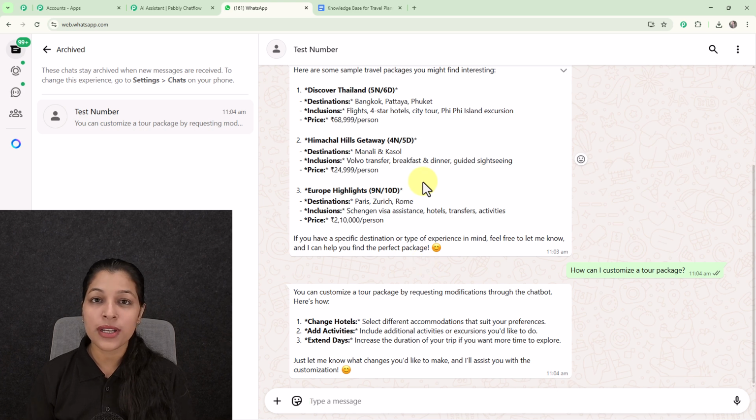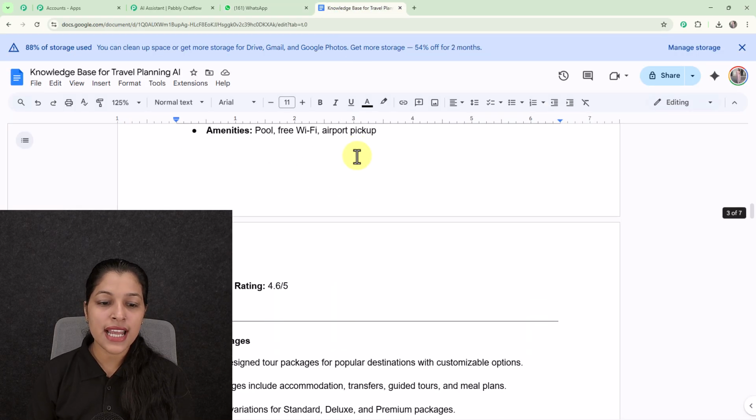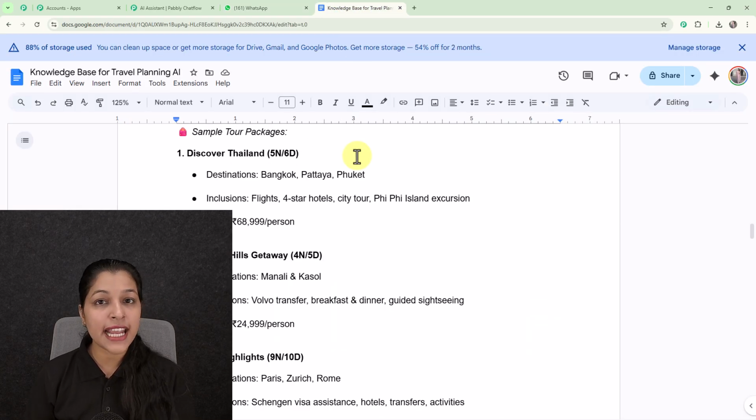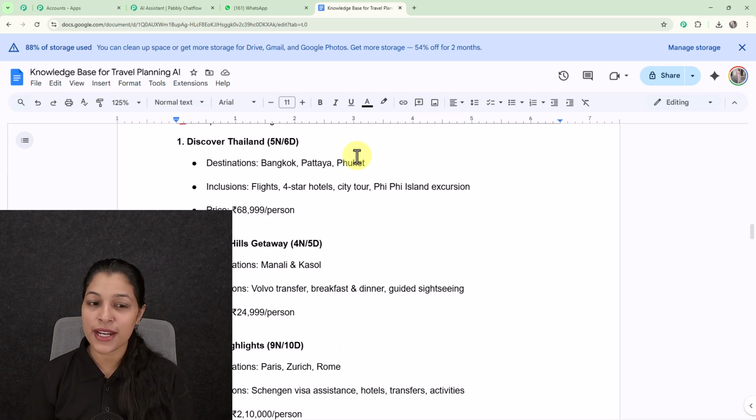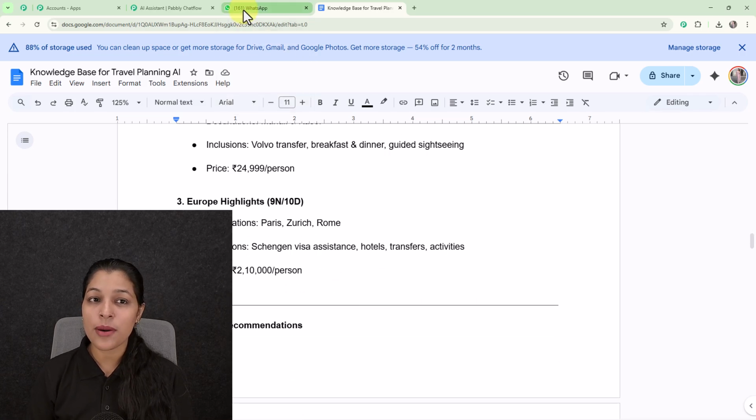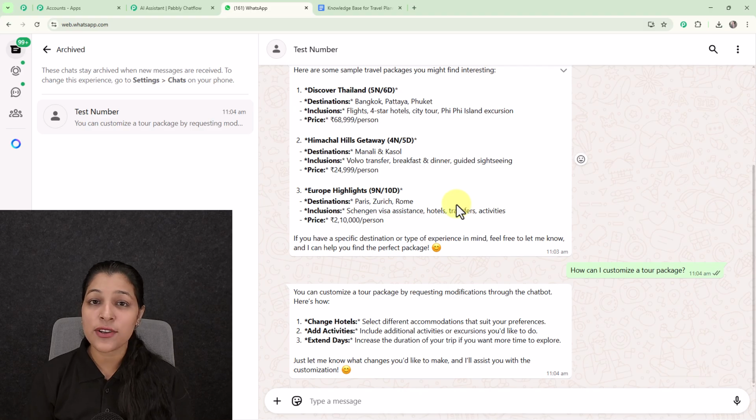Now let's move on to my knowledge base to check whether this is the data I have provided over there or not. So here you can see in my knowledge base, my AI assistant is providing me the same tour packages which I have entered in my knowledge base. So now you can see how amazing our AI assistant is. It is resolving all my queries. So you can also create this AI assistant which is going to reduce your manual workload as it can interact with your customers 24/7. And for creating this AI assistant, you just have to access Pabbly Chatflow,